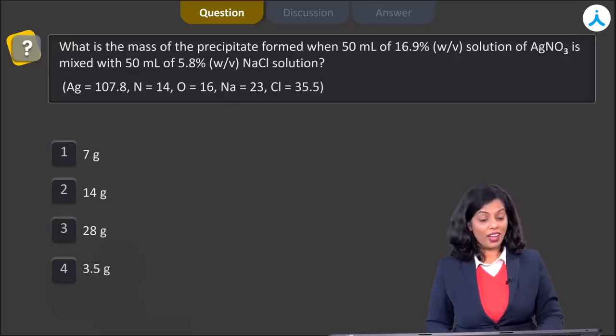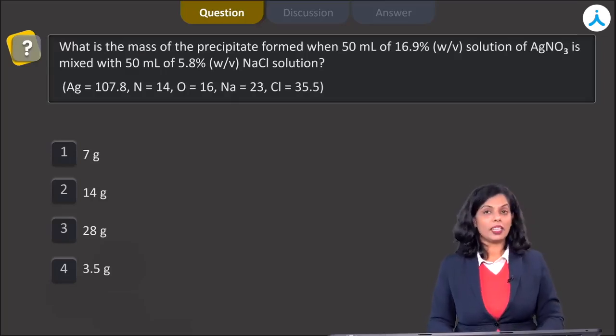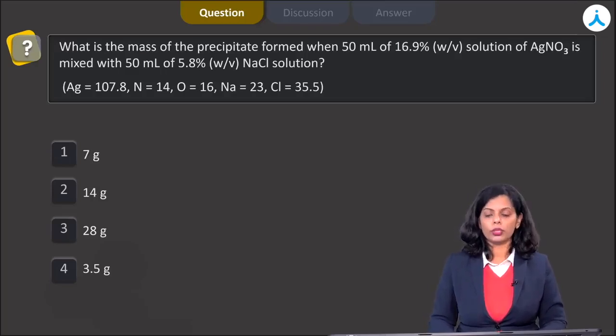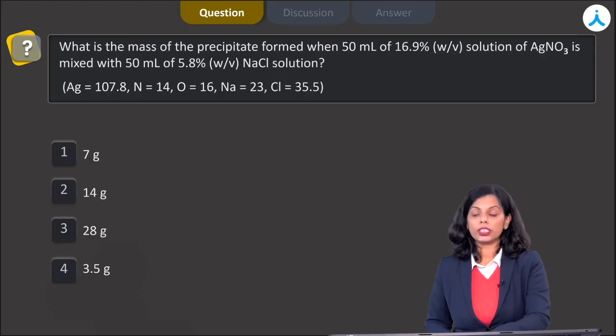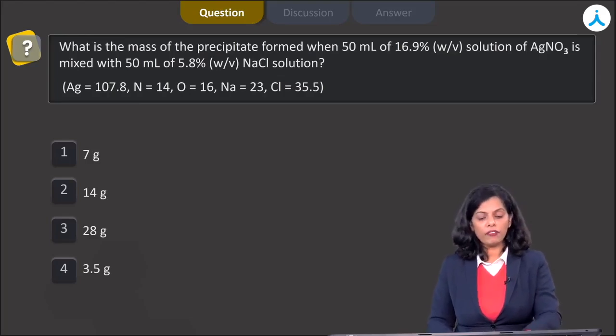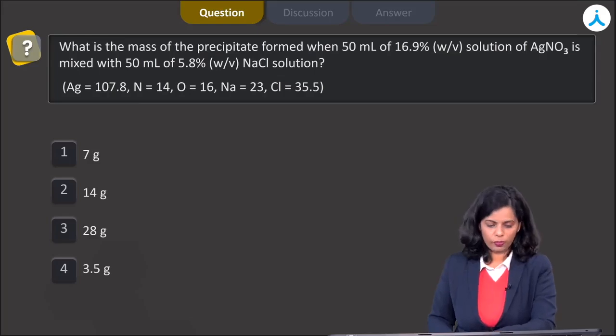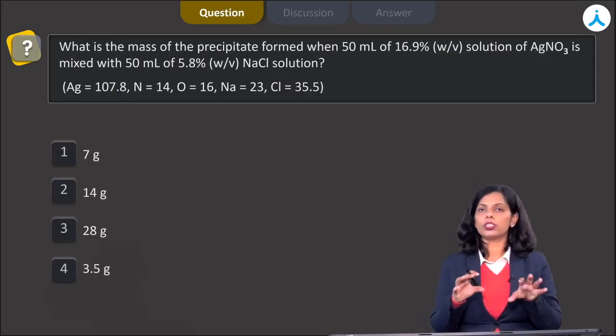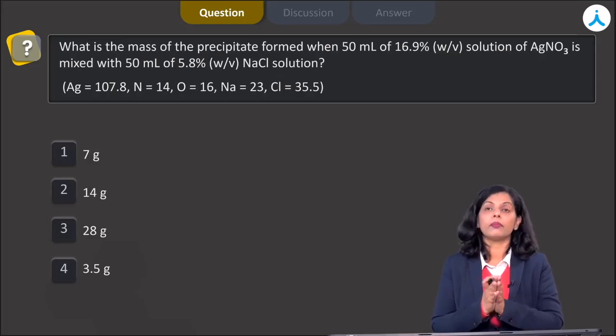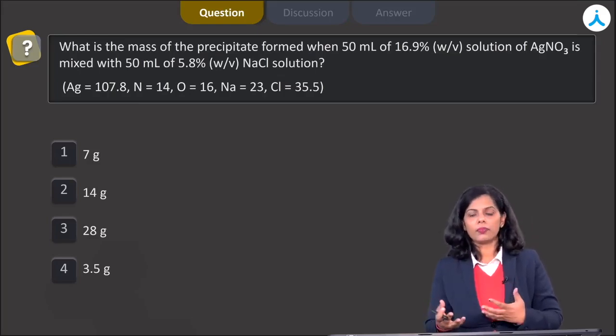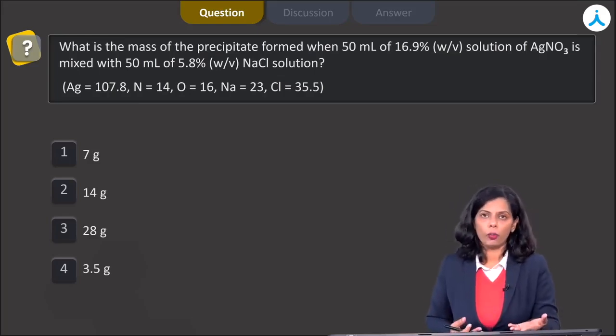Hello everyone, we have another question from your study package and the question is, what is the mass of precipitate formed when 50 ml of 16.9% weight by volume solution of AgNO3 is mixed with 50 ml of 5.8% weight by volume NaCl solution. So the question is, you have two substances, they get mixed, a reaction occurs and probably a precipitate would be formed, and they are just asking you to find out the mass of the precipitate